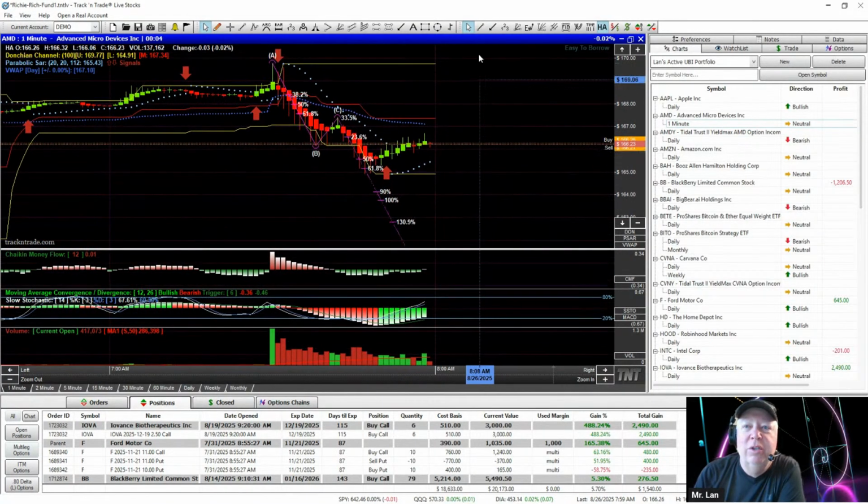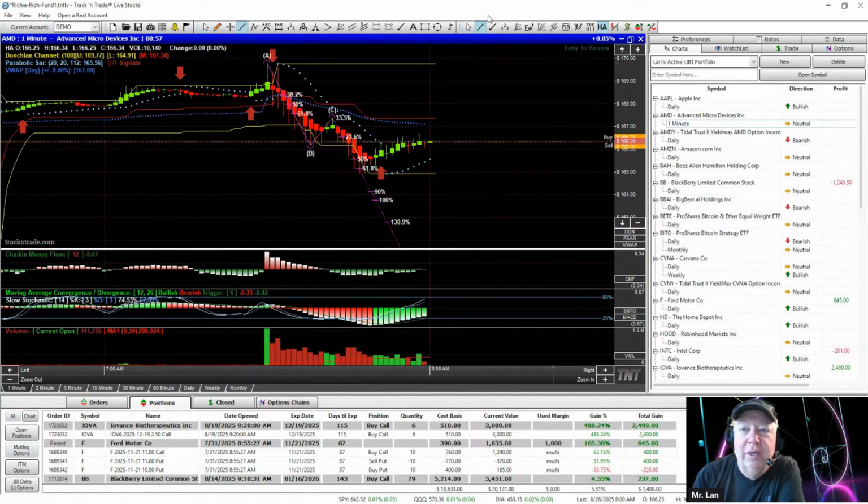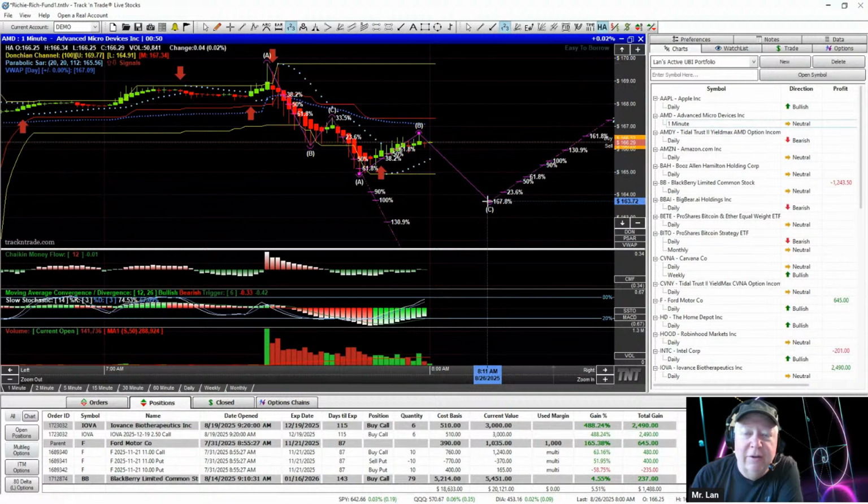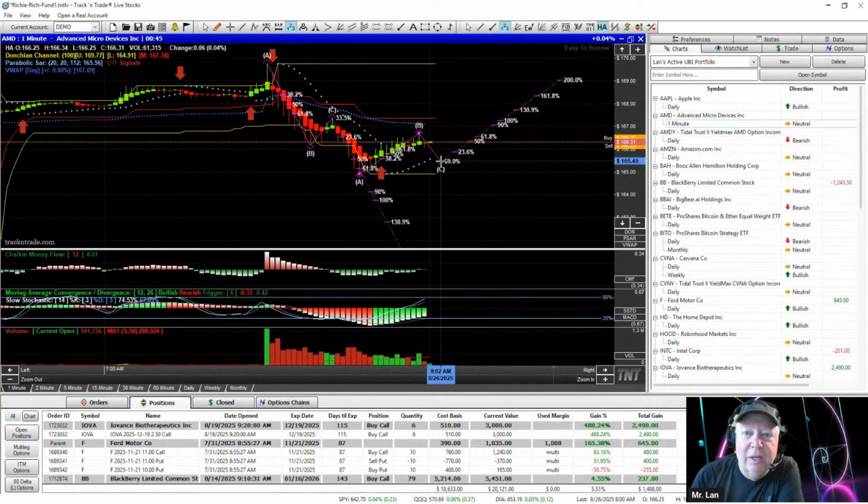Are we going to get one more drive down? I don't know. If it breaks this low right down here, we've got to see. Well, we're not going to try and jump in right now. We want to see another little ABC pattern here. Let's see if it'll pull back a little bit, because it could go down and make a third drive down, right? So three drives down, but if not, we could come in here and